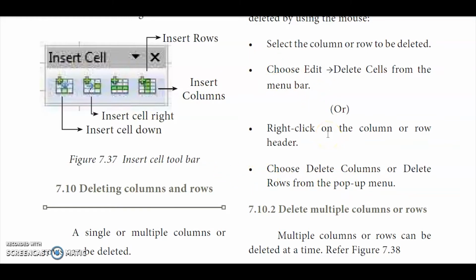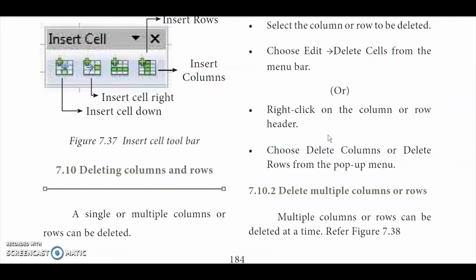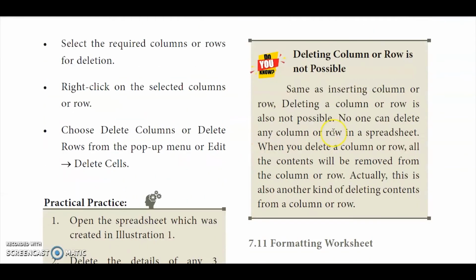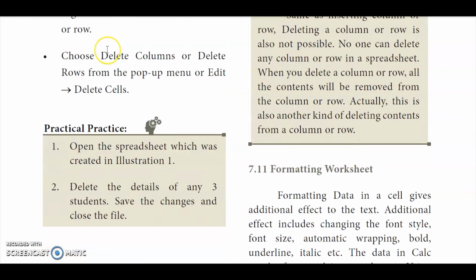So for that only they have given in your book in point wise and in 2 headings, for single column and for multiple column they have given very clear. So have a note of it. Though you know to perform in system, you must be able to write in your answer script.